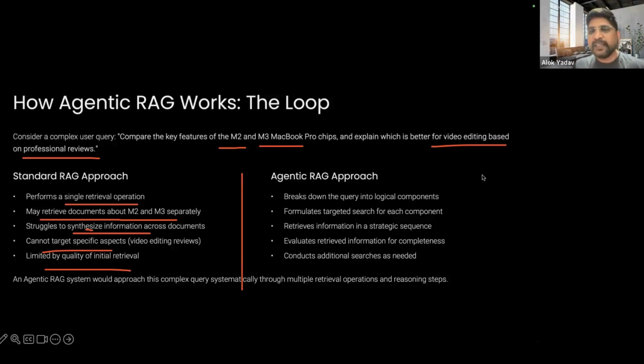So if you try to understand what is happening in agentic RAG, basically it breaks down the query into logical components, and let's say it is trying to compare them. First it will try to formulate a targeted search tool. How is it going to search for everything? It is going to retrieve the relevant information that it needs. So the agentic RAG, unlike the RAG where it is trying to just do a single retrieval,